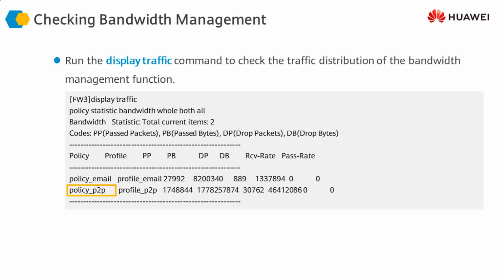So whenever there is congestion on the link or whenever there is bandwidth limitation, we are dropping more packets of the P2P traffic. In any case, even if there is no congestion, P2P traffic cannot exceed 30 megabits per second as per the policy we have configured in the previous slides. So there is a lot more drop for the peer-to-peer or web video traffic than for email and ERP traffic.